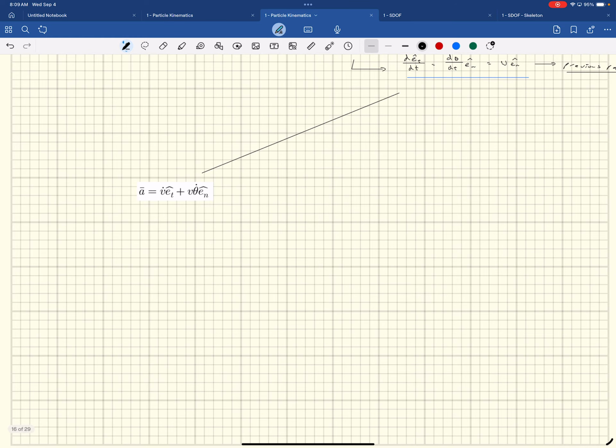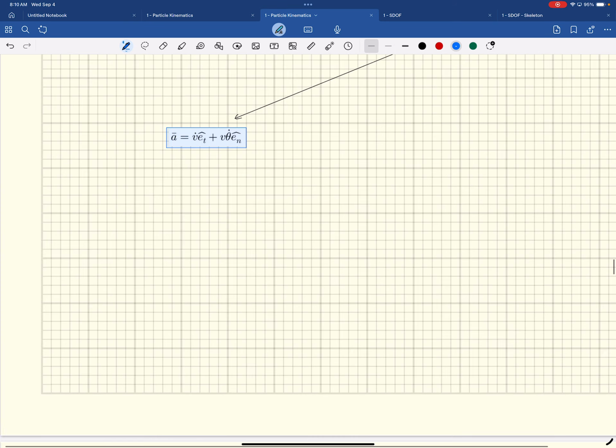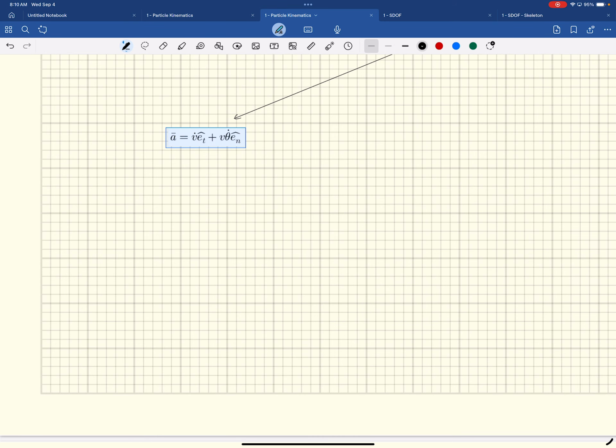So this is what acceleration is defined as. See, it gets a little bit more complicated than Cartesian coordinates. So that's how we define acceleration. It's how my velocity changes in the e_t direction, and then this other term on the side, v times theta dot in the e_n direction. We're going to write it in a slightly different form that you'll recognize in a second, but